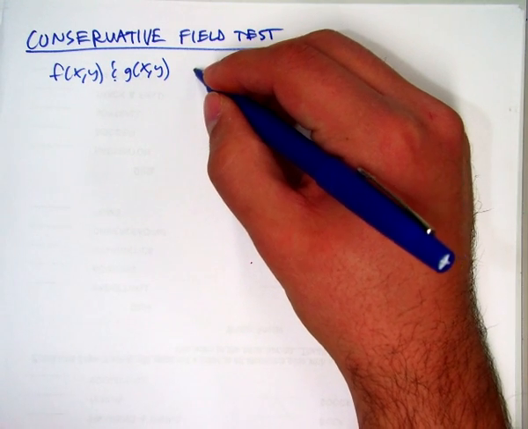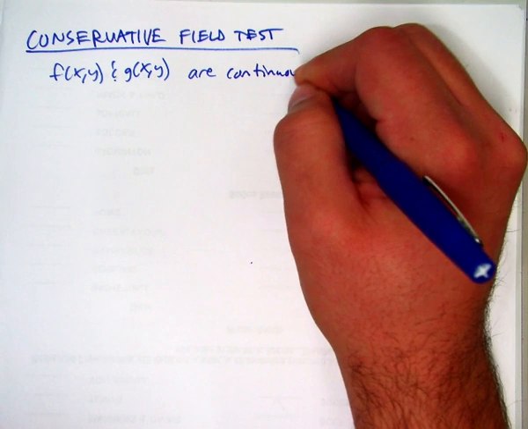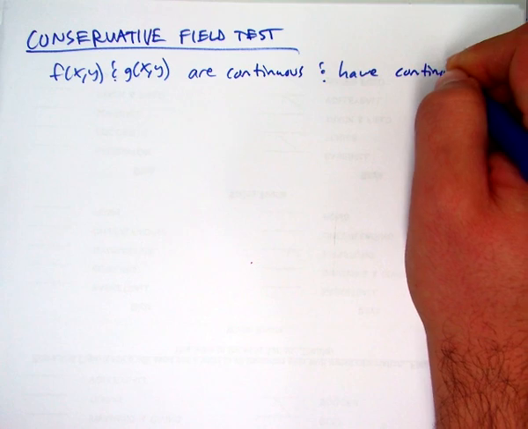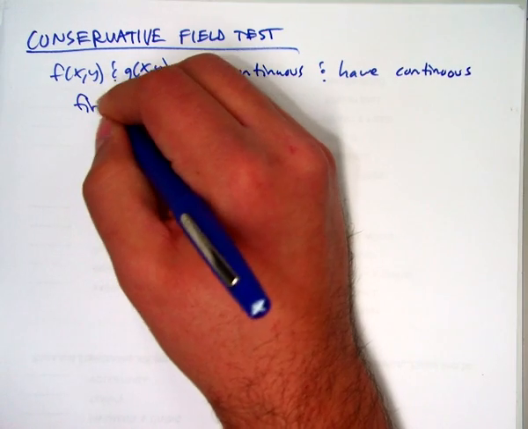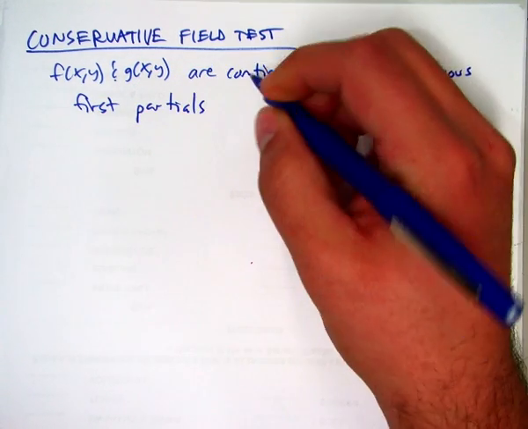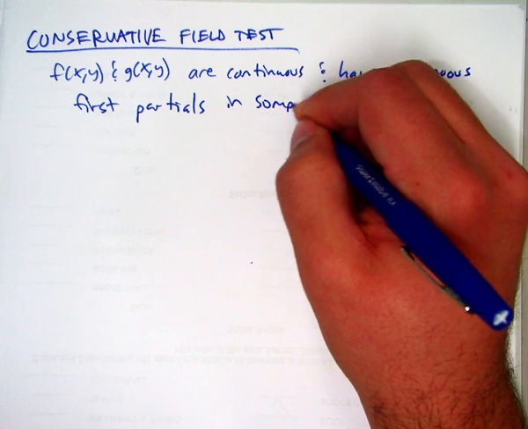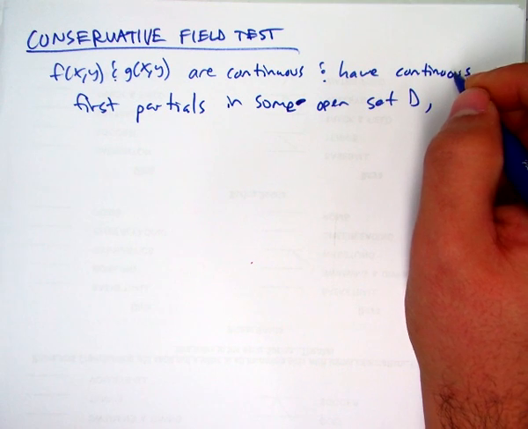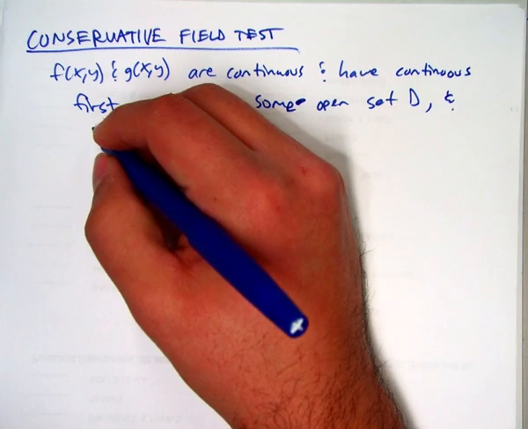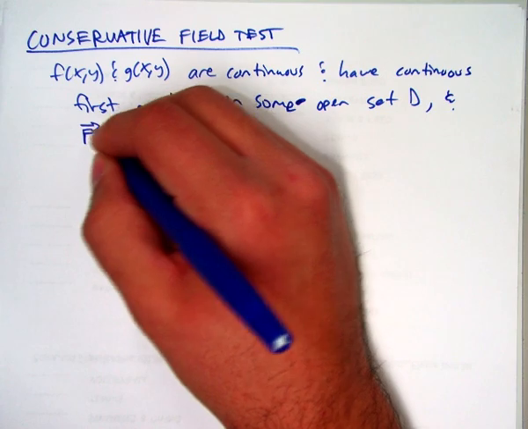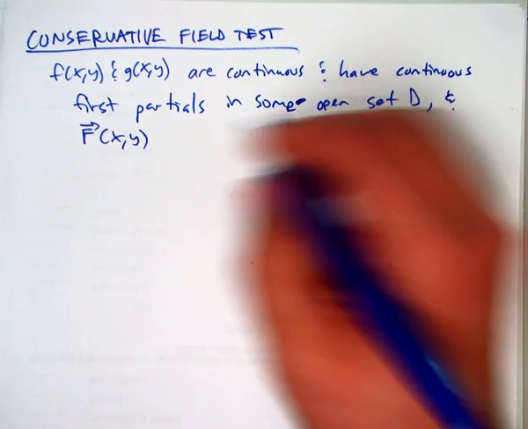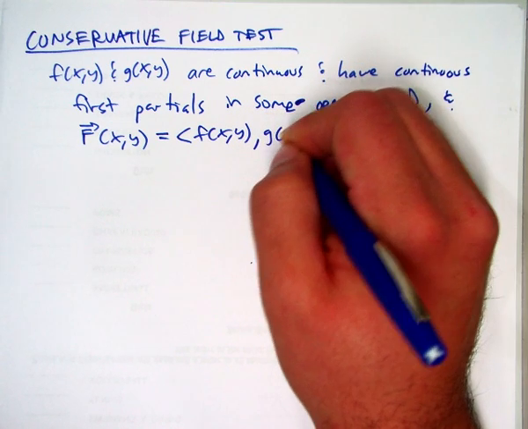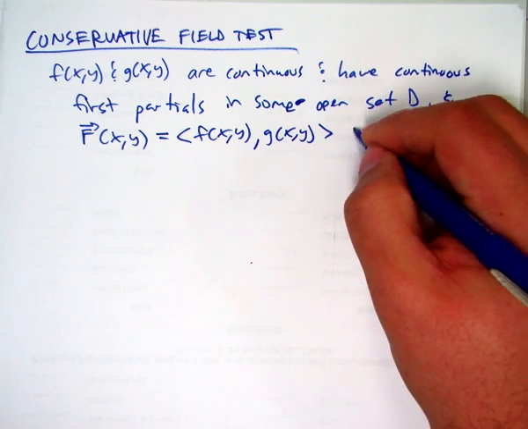We're going to say that these are continuous and have continuous first partial derivatives in some open set D. And we say f of x y, which is little f, little g, is conservative